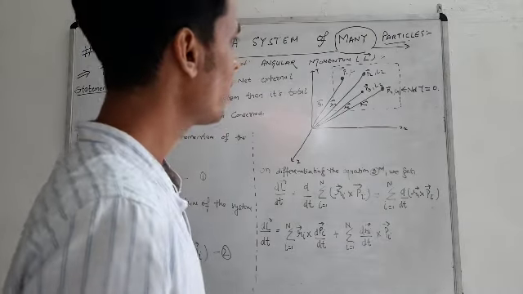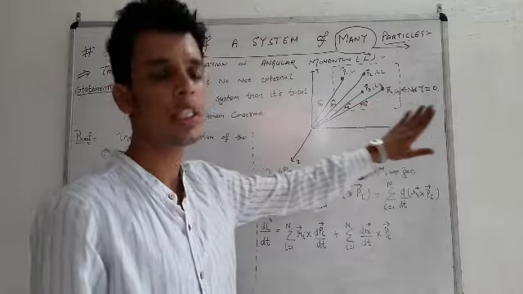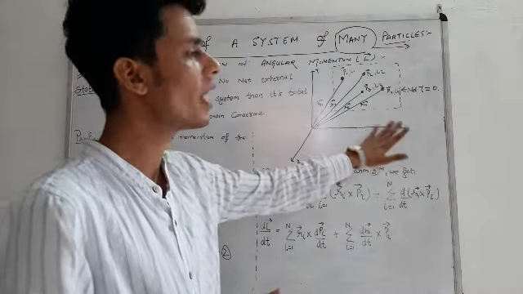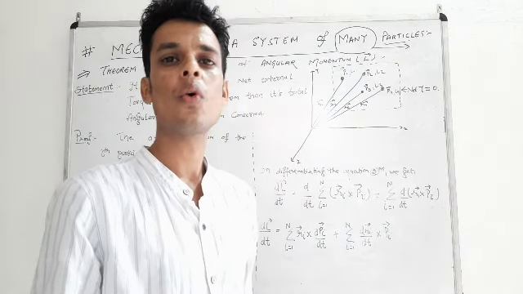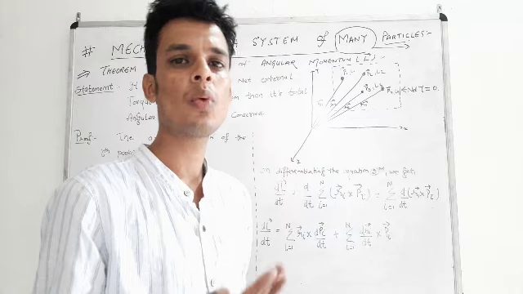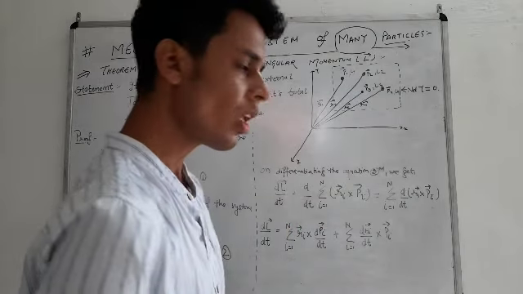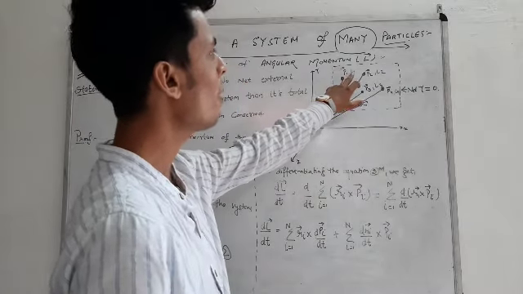In the previous case we considered 6 particles, but in this case we will consider only 4 particles. We can consider any number of particles. We can take 1 particle, 2, 4, 6, 10, any number of desired particles for which we are trying to prove this theorem, up to n number of particles. So in this case we will study 4 particles.